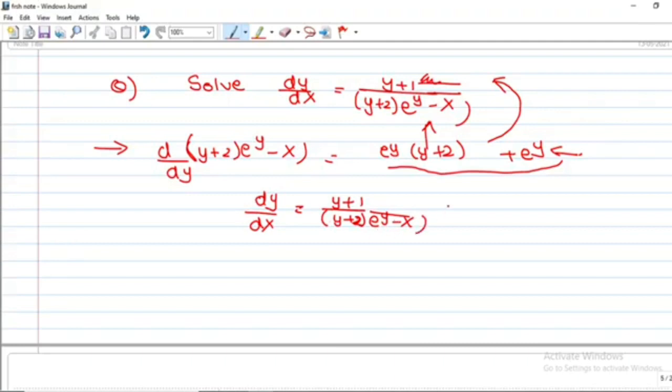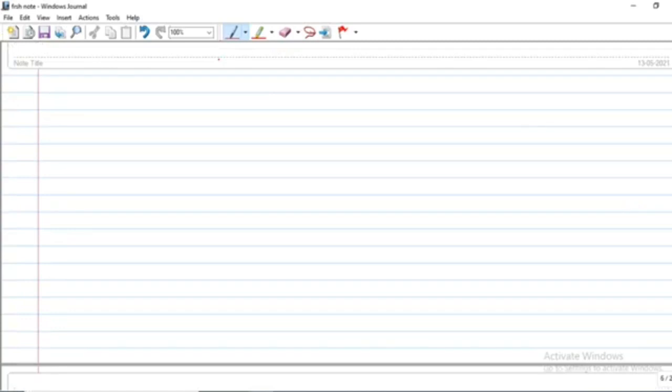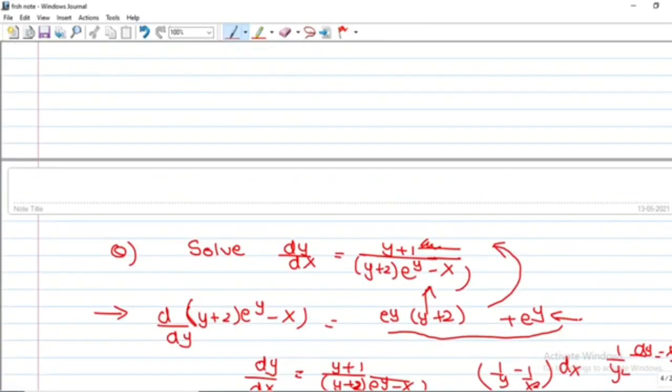Here is how we predicted this. If they have given something like 1 by y minus 1 by x square into dx, you are not allowed to do it as x square minus y upon xy square. This is wrong. But here, how we are multiplying, I have told you, when anything like dy by 1 by y square is given and here xy is given dy. Let me move on to that page only.